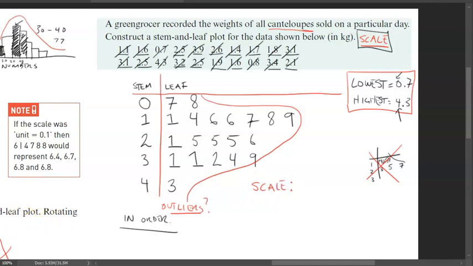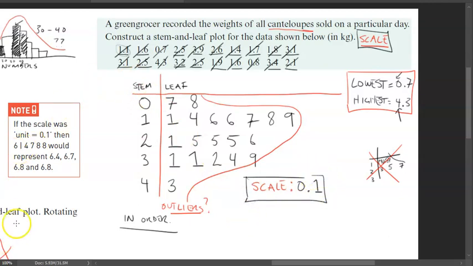The last thing we want to put in is our scale. And in this case, our scale is 0.1. And the reason why is because this set of numbers are going up by 0.1. Okay, so to get from 0.7 to 0.8, I'm going up by 0.1. To get it from 0.8 to 1.1, I can go up by 0.1, 0.1, 0.1, 0.1. Okay, we're not going up by tens, because if we were going up by tens, the next set of numbers would be 11.1 and then 21.1 if we're starting with this number here. That doesn't make sense, okay? So a scale in this case